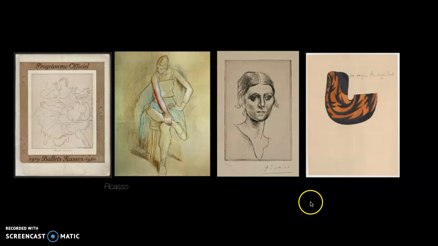Another artist that surrealism affected was Picasso. Here is a collection of pieces that Picasso was working on or published in the 1920s or the year 1920. This end piece is a draft that Picasso published or was working on, and ironically, similar to Matisse, Picasso was working on a surrealist play, and so this